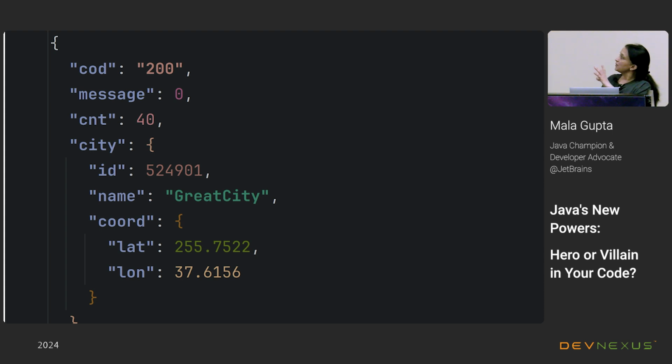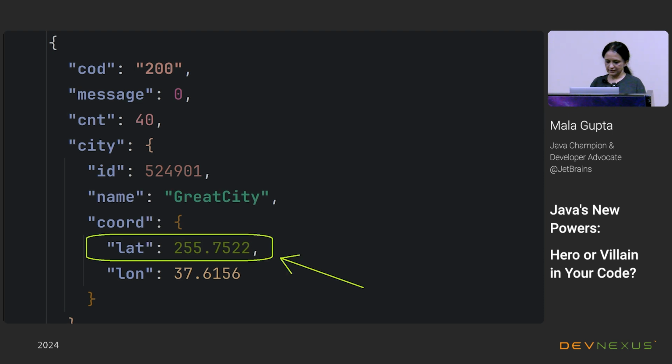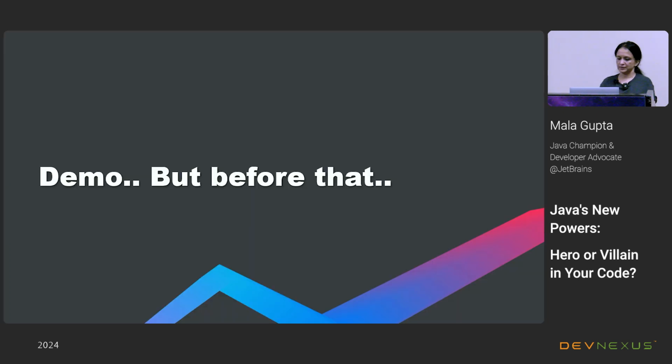And this one, when we talk about JSON data, here one of the values is not a valid value. If you talk about the latitude, it's not a valid value. And we could also take care of all of these pain points via string interpolation. So this is the value that I was talking about. It's not a valid value. And I will hop on to the demo of this feature.